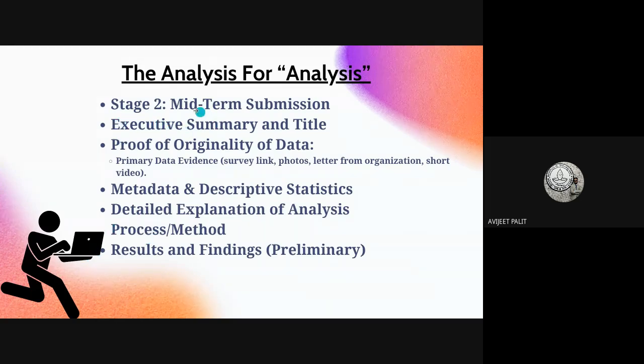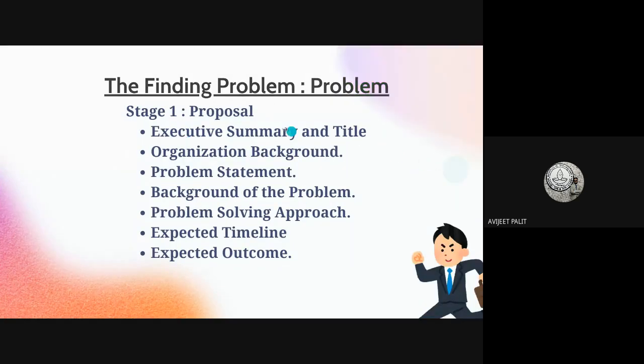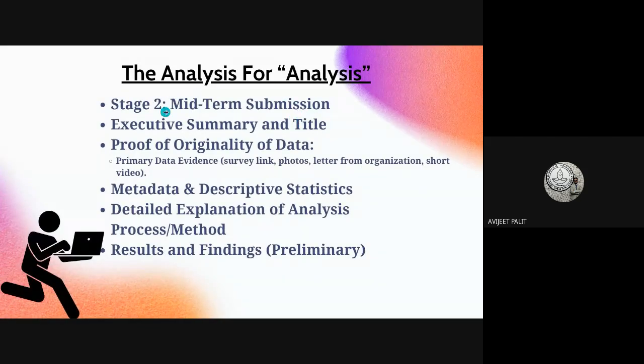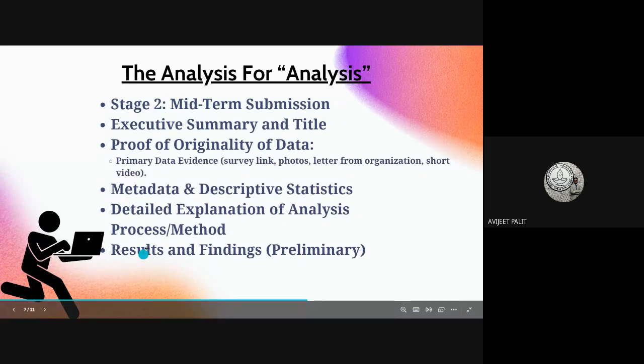In this executive summary, you also have to connect with the proposal. You have to summarize all those things within one paragraph at most, which should establish a connection with your proposal. These reports are not independent; they are built one on top of another. This midterm submission report is built upon the proposal, and the final report is going to be built upon the midterm. So that link of connectivity should be in the first paragraph of the executive summary, and other paragraphs should contain these things.